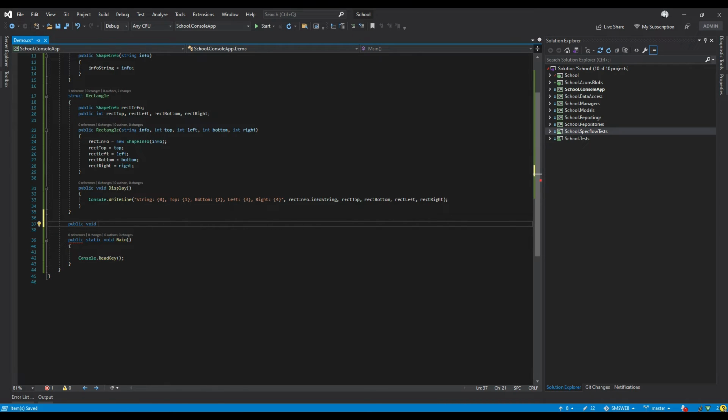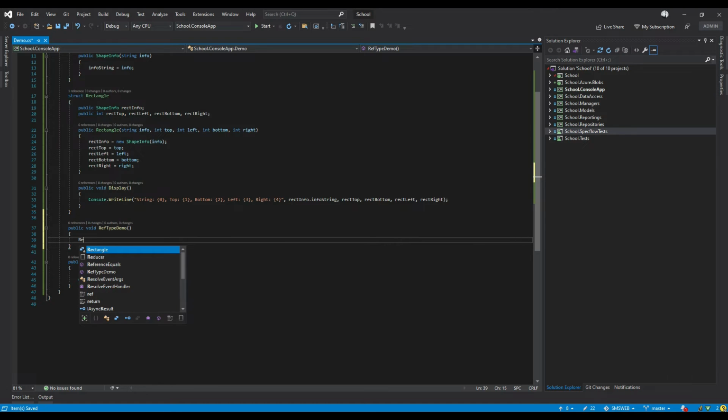Basically we are doing a reference type demo, right? So we can say demo. Okay, so as I said before, here we will create the instance of the rectangle struct. Rectangle R1 equals, like we did for the points, new